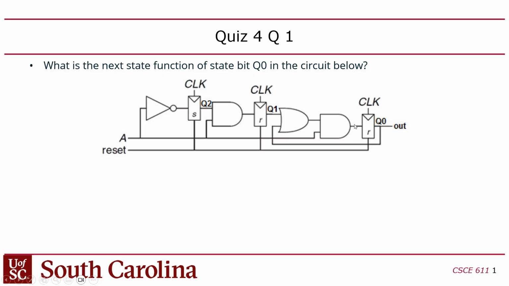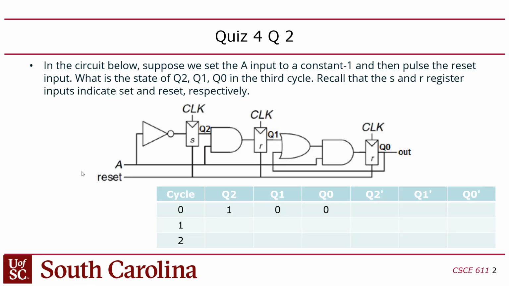So the input is A ANDed with Q1 or Q0, right? So that's the current Q1 or the current Q0 ANDed with A, which is the input. And that's the next state for Q0, and then I've got the next state logic for the other 2 bits there as well. In the circuit below, suppose we set the A input to a constant 1 and then